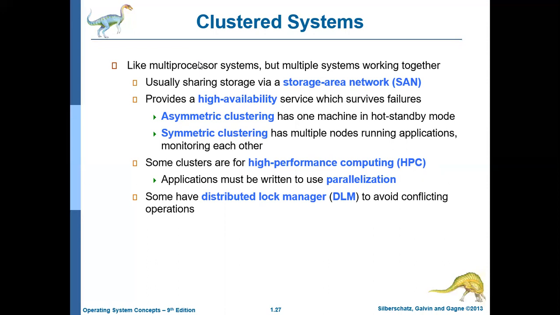So why do we do this? Basically, we do this to achieve something called high availability. What does high availability mean? The definition of a clustered system is: multiple computers will be clustered together, and there will be a cluster operating system which takes care of interconnecting all these systems and getting work done through all these systems.